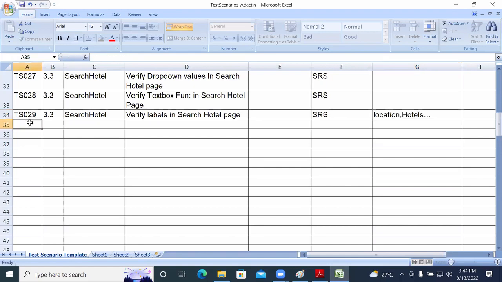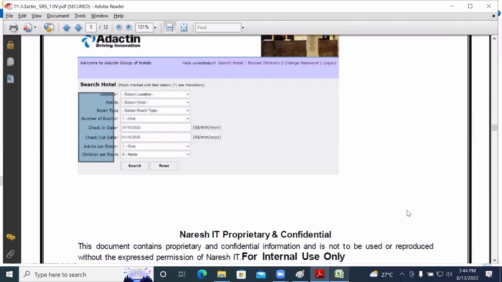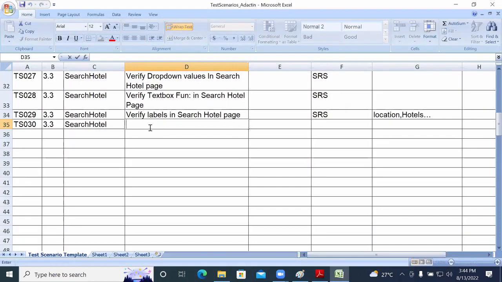Okay, done. So after that, considering TS 030. Requirement number 3.3. This 3.3 is related to search hotel. Okay. Next. What is the next functionality? What is it? Mandatory fields. Need to be mentioning the